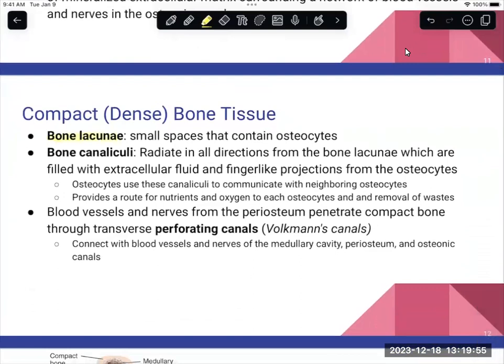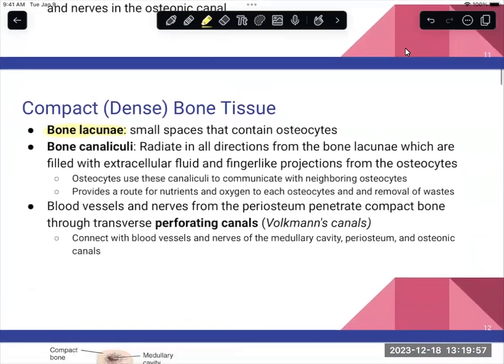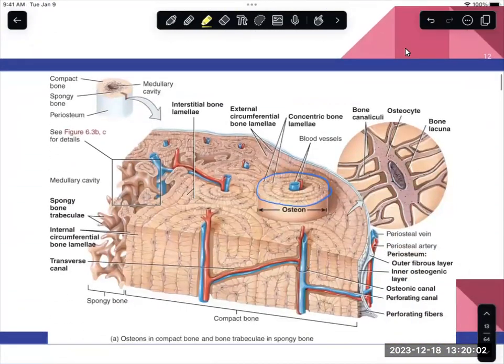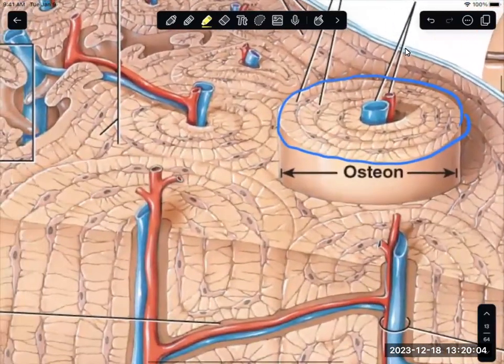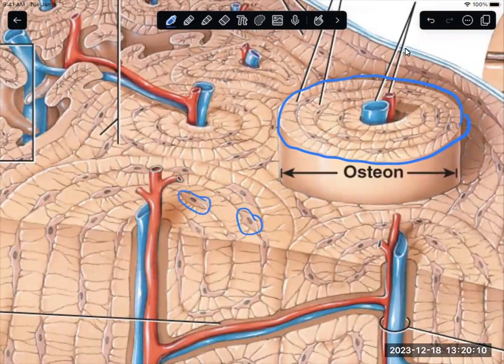We have those bone lacunae. Within those bone lacunae are those osteocytes. So let's look. All of these cells here, these are those osteocytes. They're sitting in that lacunae,